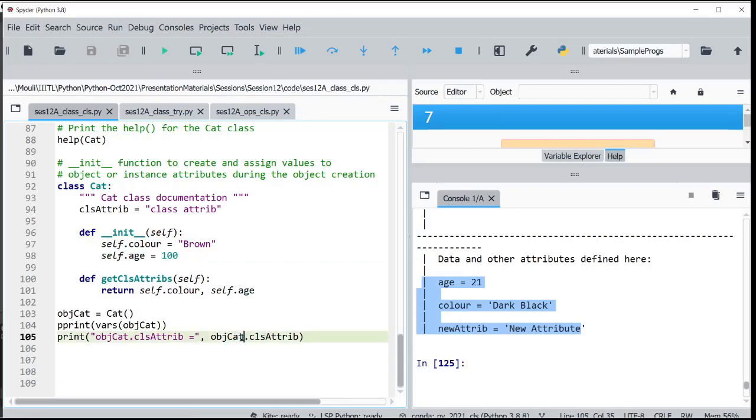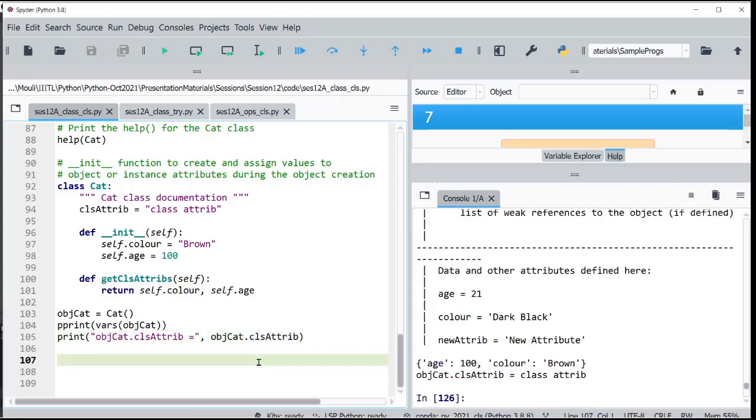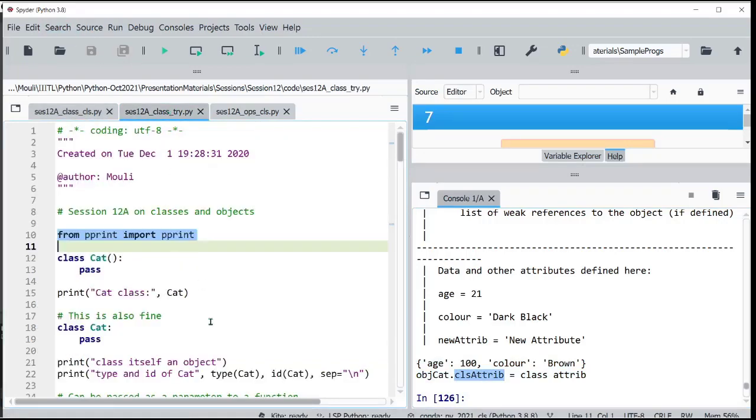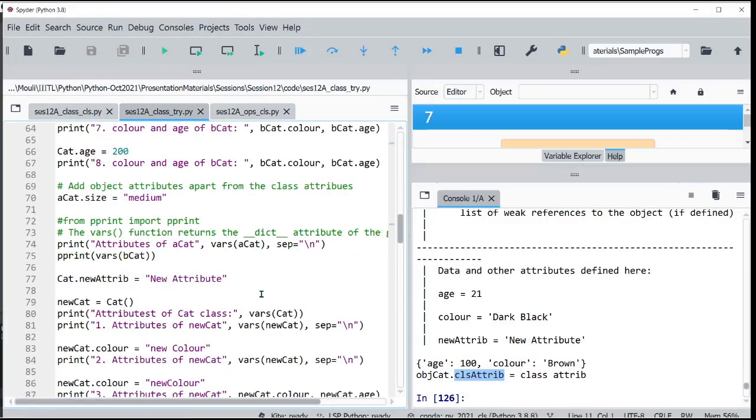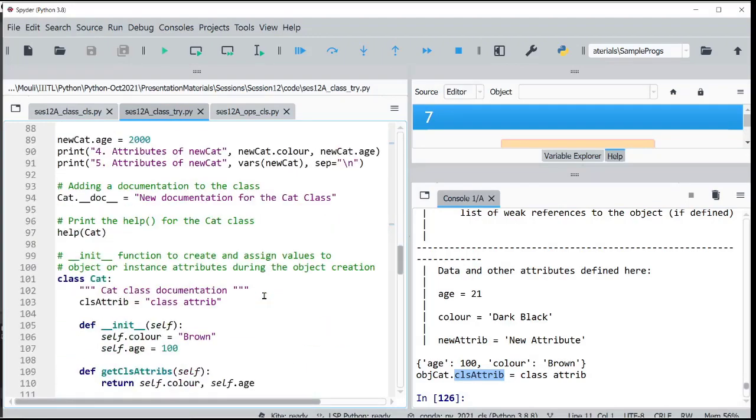We are accessing it using the object cat. So this doesn't print the class attribute, but we can access it specifically with the class attribute, which I have mentioned already. Okay, now let us go back.